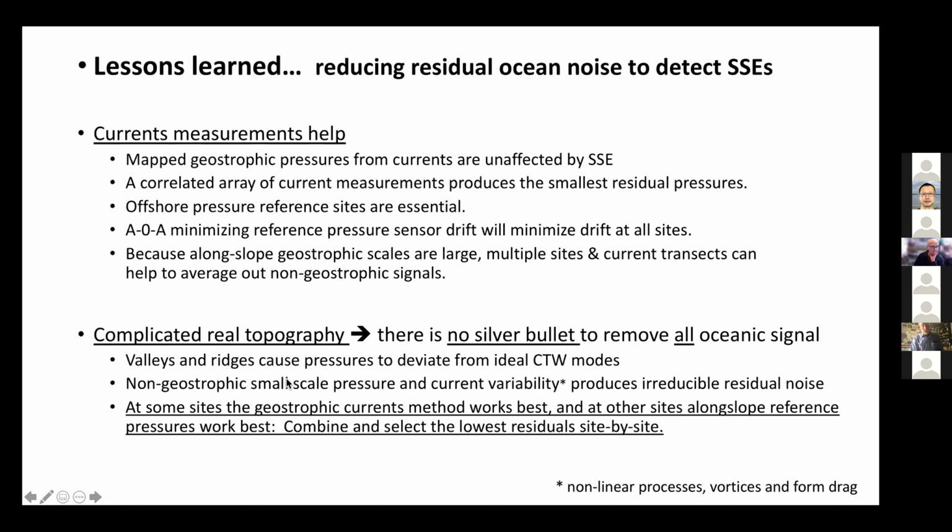There's non-geostrophic small scale pressure and current variability that I want to talk over with the physical oceanographers in our breakout session. But I think that produces irreducible residual noise. And then our plan is we'll use the geostrophic current methods where we get the lowest residuals, and we'll use the along slope reference methods at the same depth where they give the best results. So I think that's